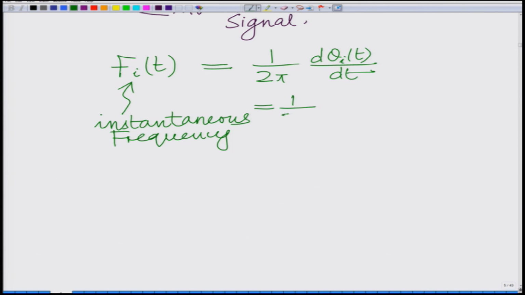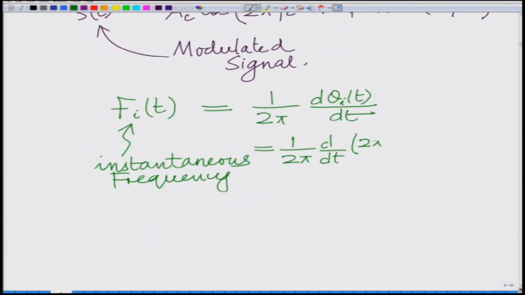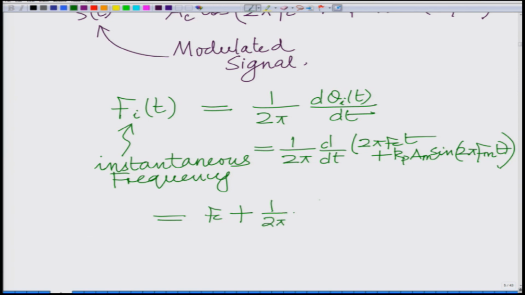f_c, well, 1 over 2 pi, let us write the expression for d over dt of theta i(t), as we know, 2 pi f c t plus k p a m sin 2 pi f m t, which is equal to f c plus the derivative, 1 over 2 pi times the derivative of k p a m sin 2 pi f m t, which is k p a m into 2 pi f m into the derivative of sin 2 pi f m t, which is cosine